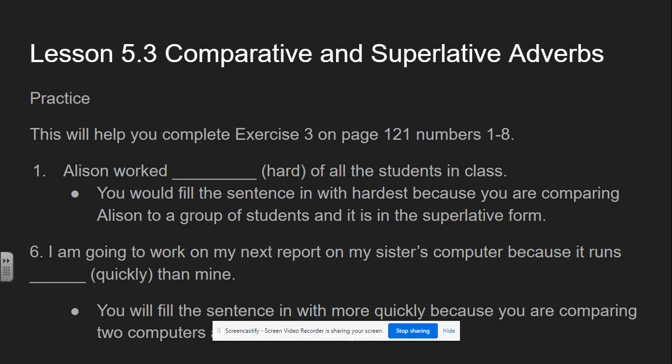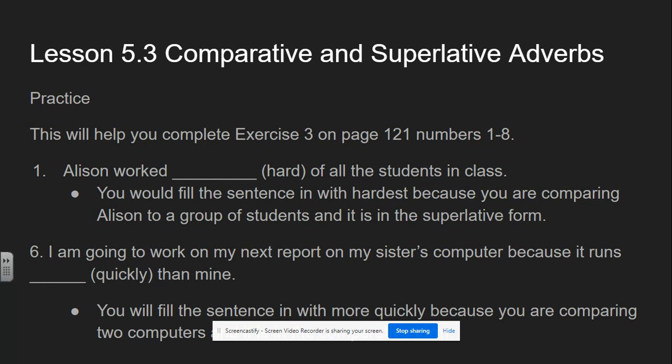Now let's think about this. Allison worked of all the students. Allison is being compared to many, many students. So in this case, we're going to use the superlative form. So we're going to say Allison worked hardest because she's being compared to a group of students. That's number 1. As we look at number 6, I am going to work on my next report on my